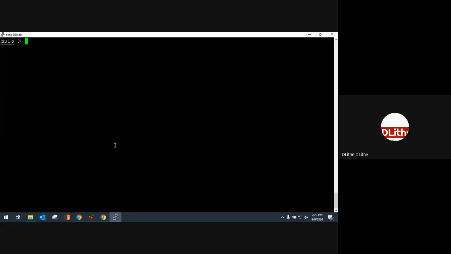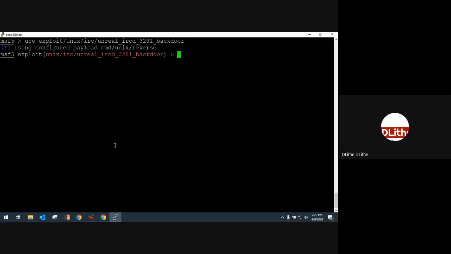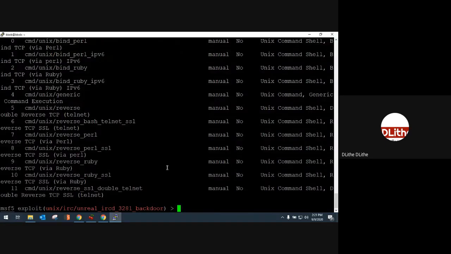Let me get back to this script so that I can show you how this can be done. There are two ways, as you said. One, when you're inside a particular exploit, at that time itself use a command called show payloads, which lists all the available payloads compatible with your exploit. You could also use info and provide the path.